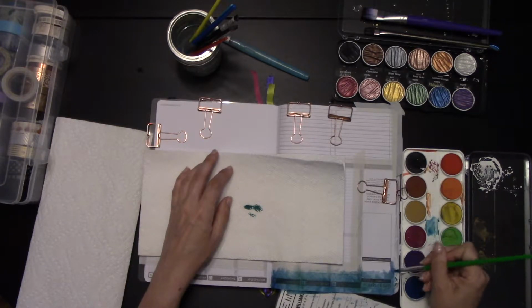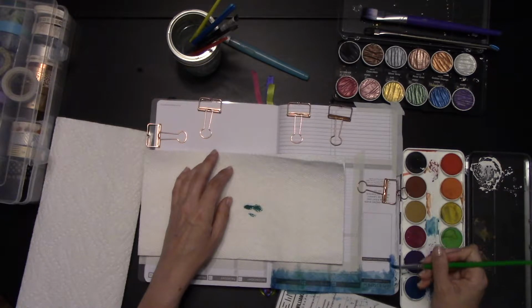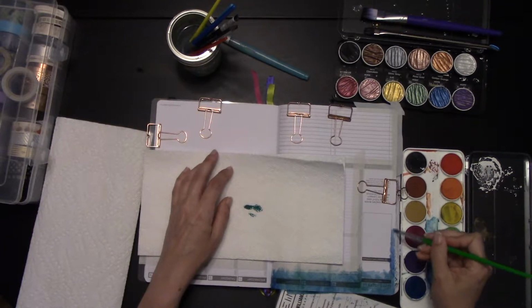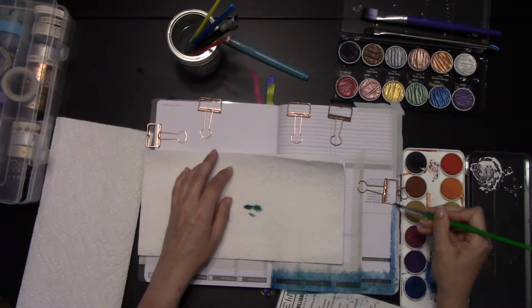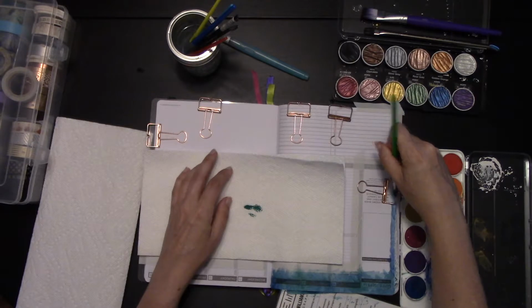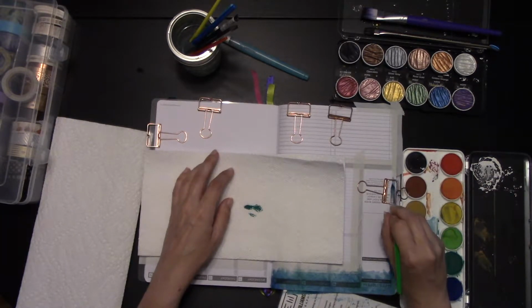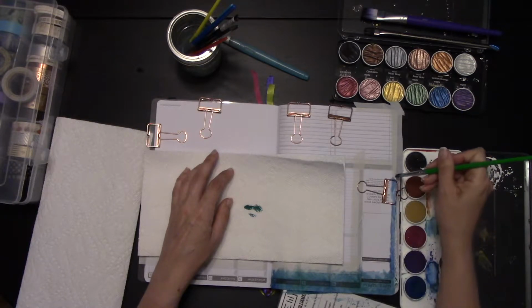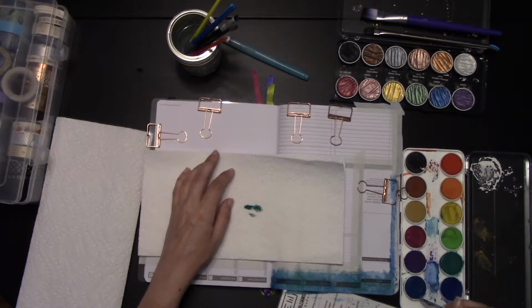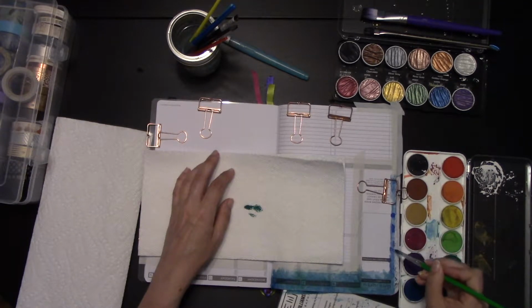Now as this gets less saturated with water, we get into more of the dry on dry technique here. Once again, I'm just applying some base color. So come on down. I'll actually go right under the clip here, all the way down to about here. Cool. And we just take what's already on there, daub it